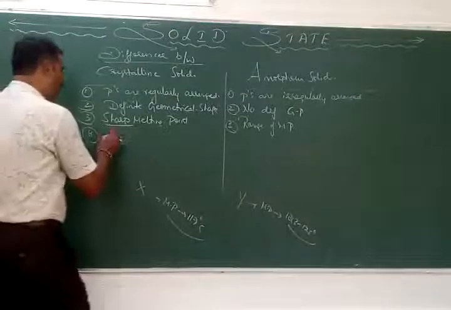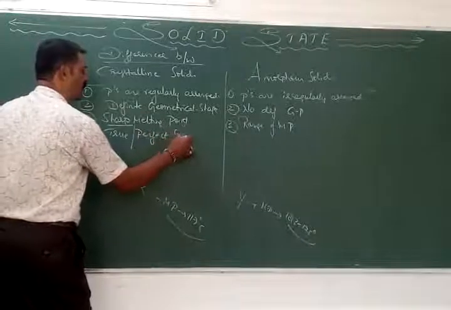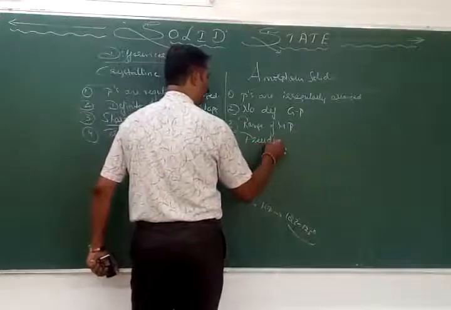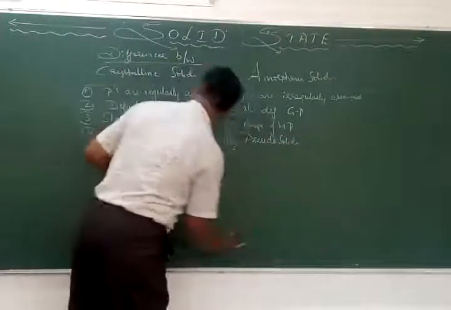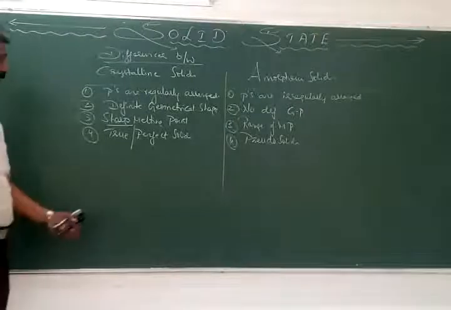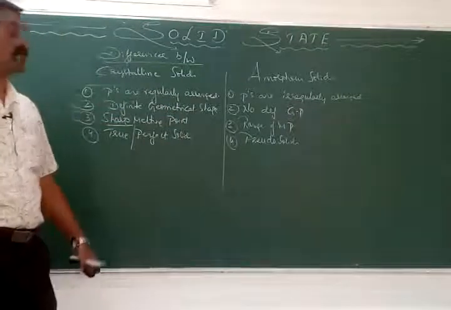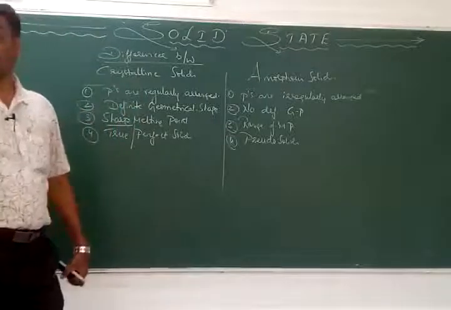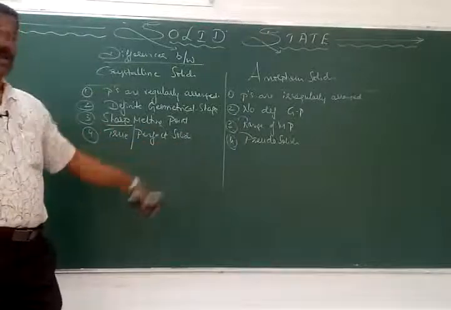So these are found to be the true solids. They are also called perfect solids. These are called pseudo solids. Why are the crystalline solids the perfect solids, the true solids? Because they have a regular arrangement. That is why they are the best examples of perfect solids. True solids, also called perfect solids, are nothing but the crystalline solids. But here, there is no regular, close-packed arrangement of the atoms or particles, so they are not considered